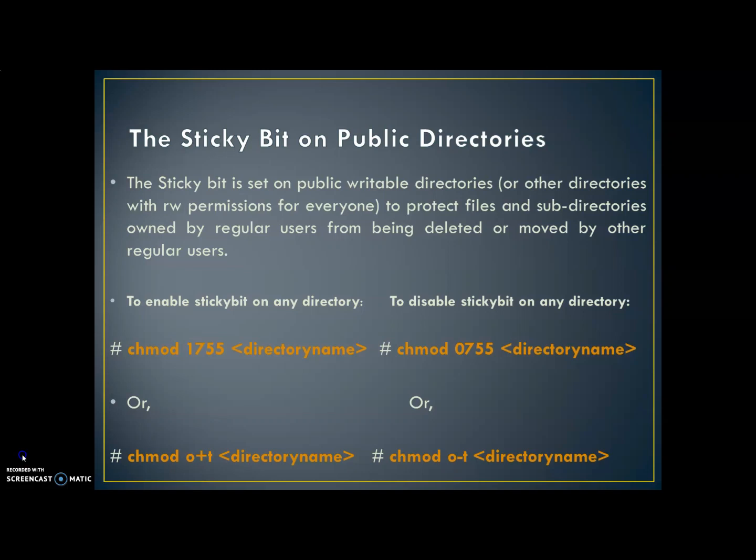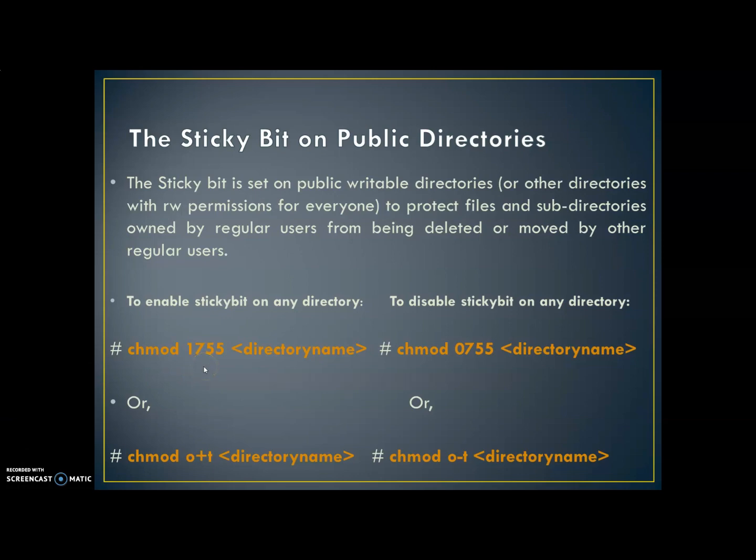Okay, guys, the last type of special permission we are having is the sticky bit on the public directories, which means that only the owner of the file or the directory or the root user is having the privileges to delete or rename the file, which means that no other user can delete or copy any of the file which is created by some other user. So this is the sticky bit we are having. It is meant for the directories only. Now we will see how we can enable or disable, as we have done in the case of set UID and set GID. First of all, how we are going to enable this sticky bit.